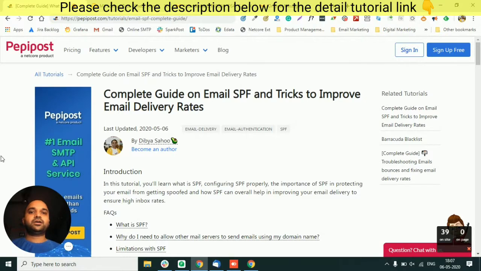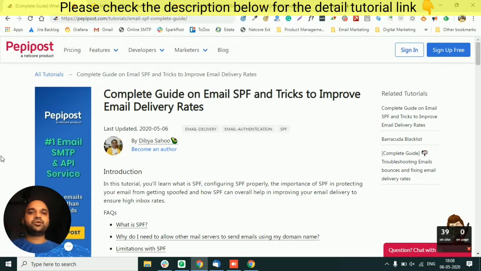In my tutorial, which you are able to see on my screen, I have summarized all the RFC guidelines, and the guidelines received from internet service providers like Gmail, Yahoo, Hotmail. I have also added tips based upon the past research of Peppy Post on this particular email authentication mechanism.